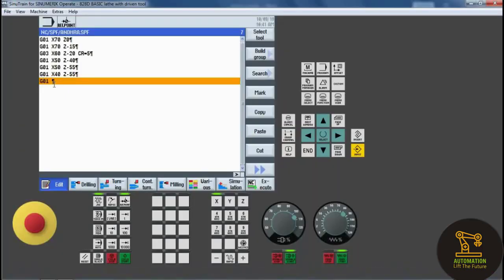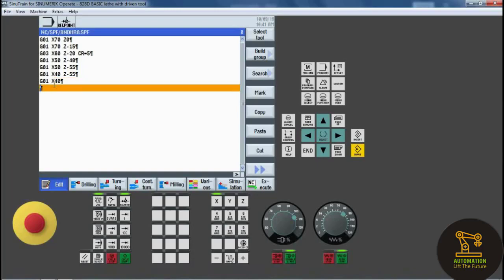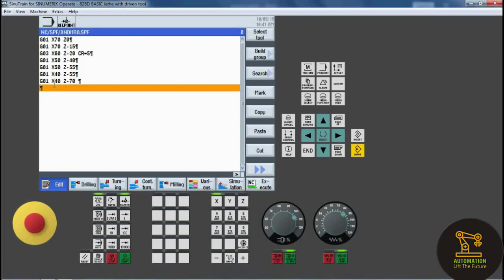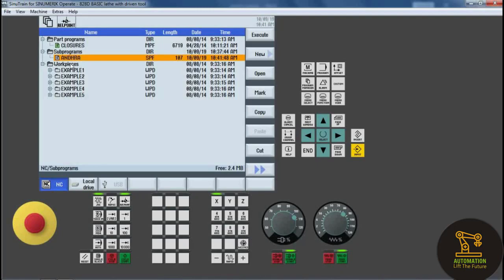So G01, X40, Z minus 70. Next is M17. M17 is the ending of the subprogram file. So the subprogram file is created as Andhra.